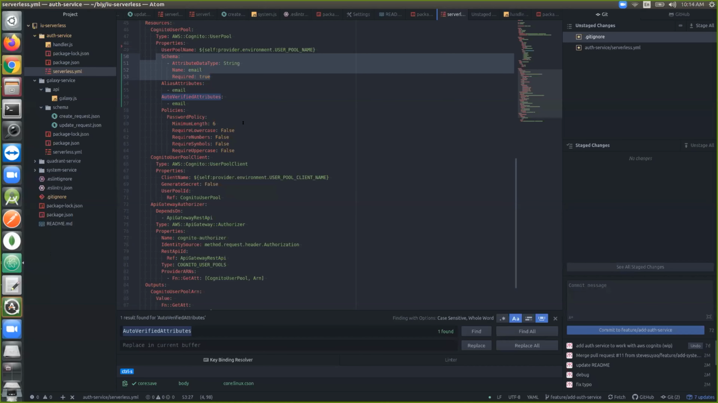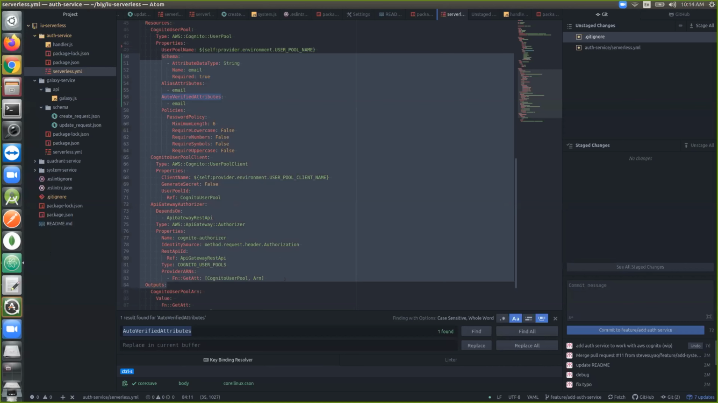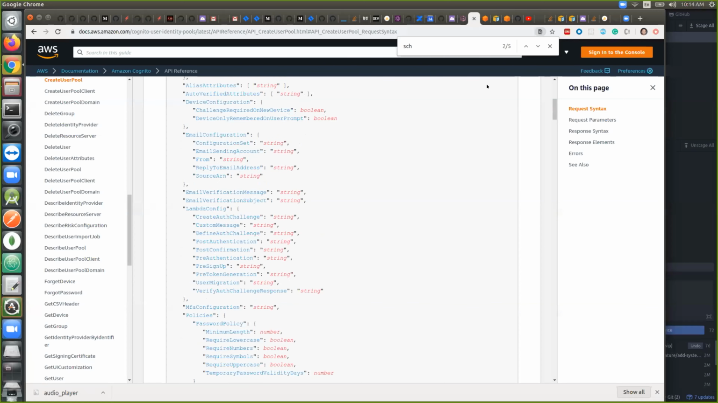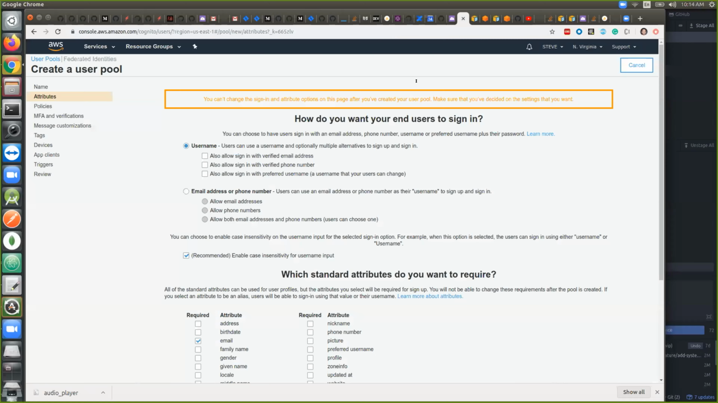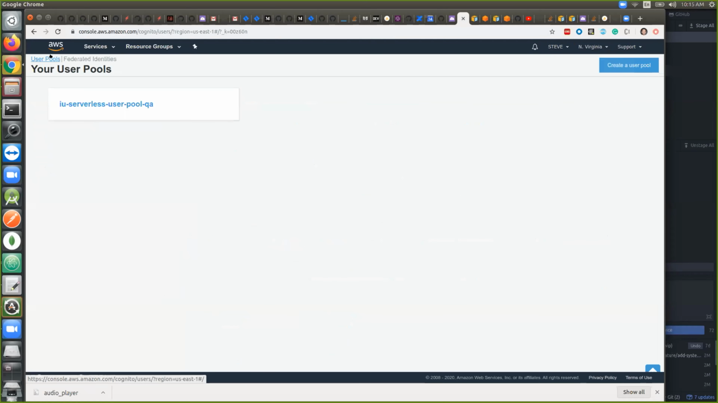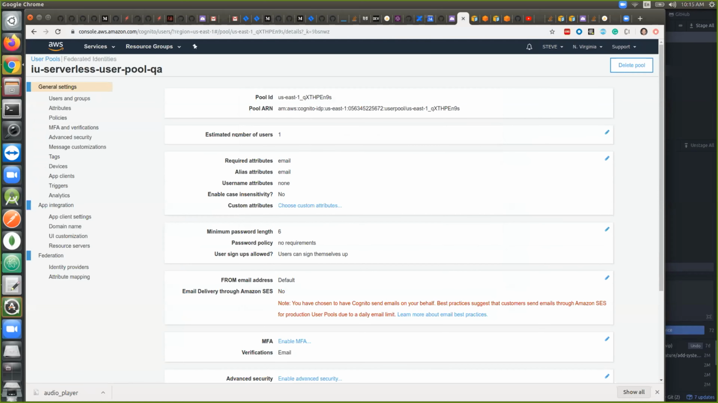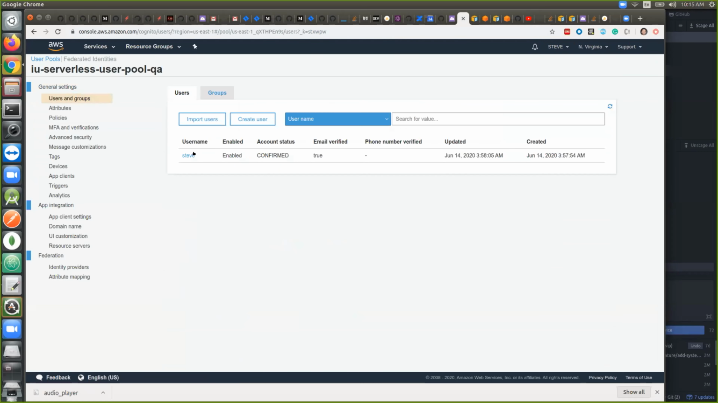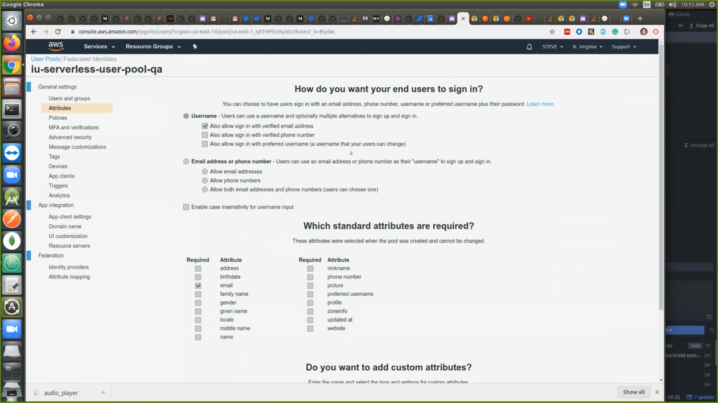But we can configure it in the serverless file here. If we choose to configure nothing, but only the username, then Cognito will automatically create a user pool with this config, so it will use username. My suggestion is, I create one here, so it's using